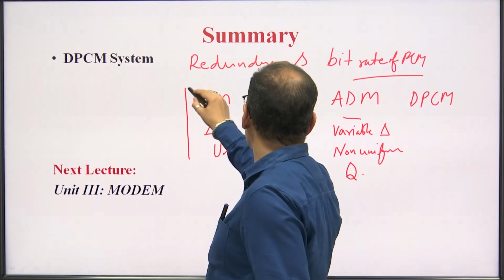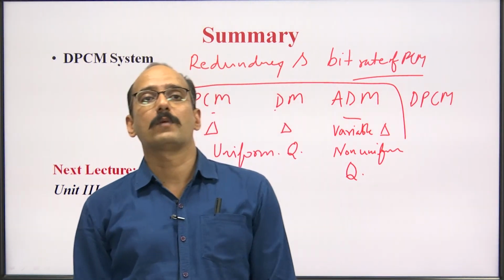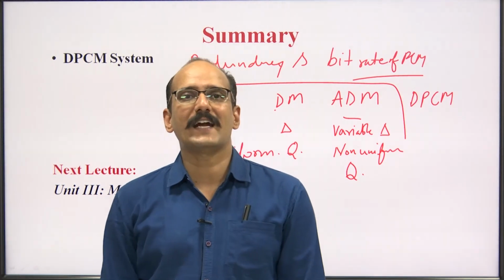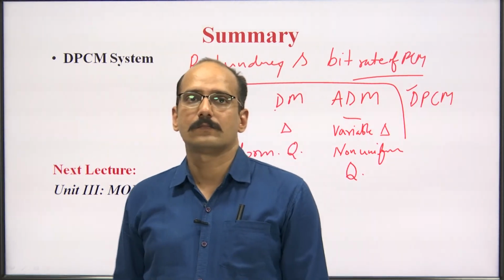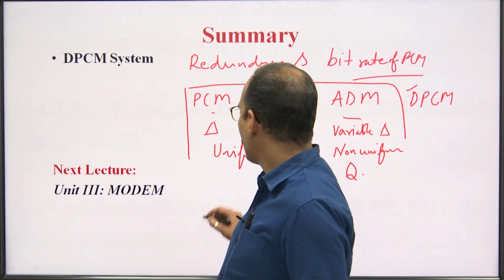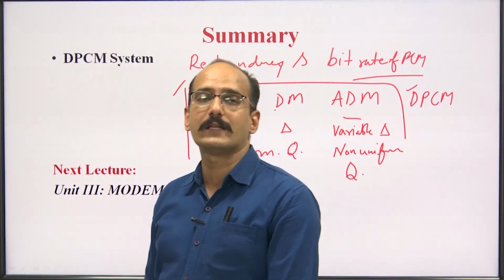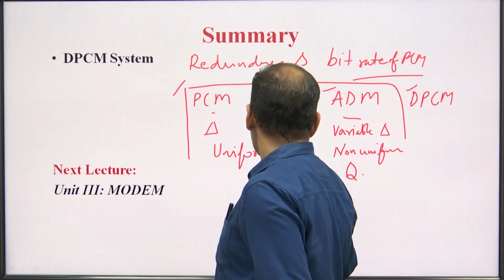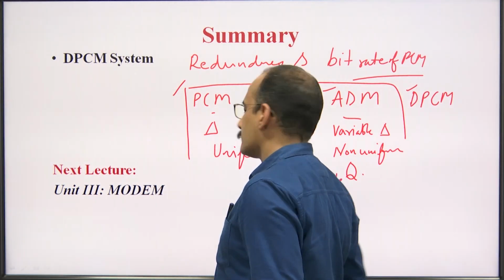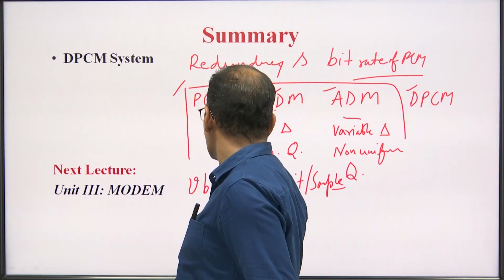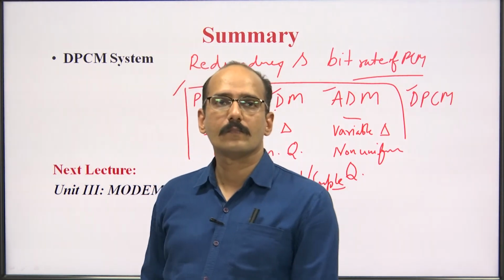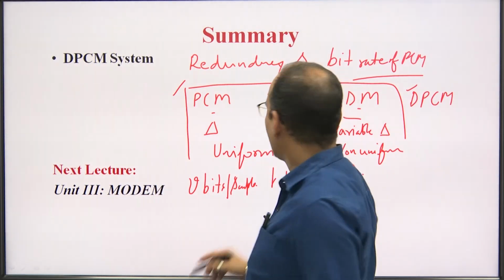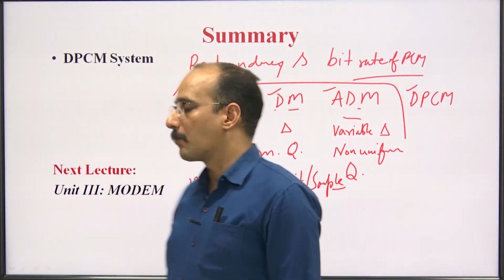But all these three techniques have a problem of bandwidth plus higher bit rate, because if the bit rate is higher, then the bandwidth will also be higher. To moderate that value, DPCM came into the picture. As far as bandwidth is concerned, maximum bandwidth is used by pulse code modulation, and minimum is used by delta modulation or adaptive delta modulation, because here the bit rate is only 1 bit per sample, but in PCM we are using more bits per sample. In DPCM we are using more bits than DM and ADM, but fewer than PCM, meaning the bandwidth is moderate